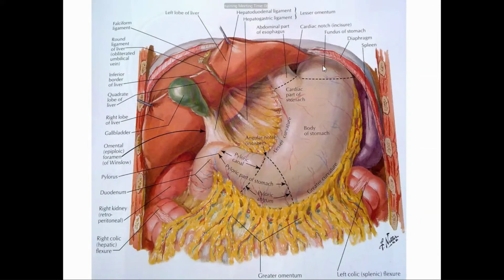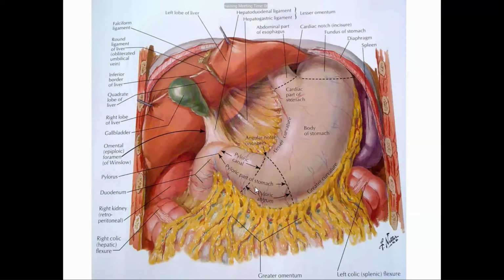And this fundus of the stomach is always filled with air, and the capacity of the fundus of the stomach is about 50 ml. So sometimes in spotters it may be asked, what is the capacity of the fundus of the stomach? It is always filled with air, and its capacity is about 50 ml. Clear?